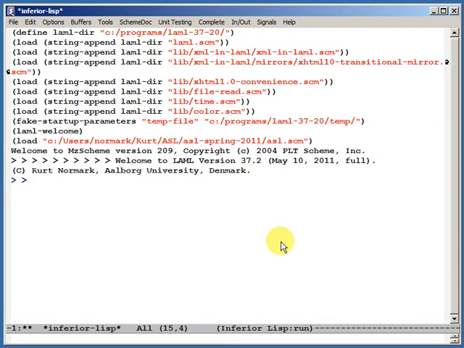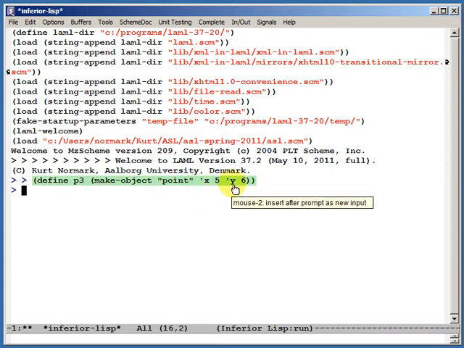So let's go for that. First we define P3. And the crucial difference between what we have shown before is that now the object has a role. It's weakly classified as a point. So this can be thought of as a role name or a tiny bit of documentation. We understand this object with these two x and y fields as a point. It's just a simple text string which says this is considered as a point. So P3